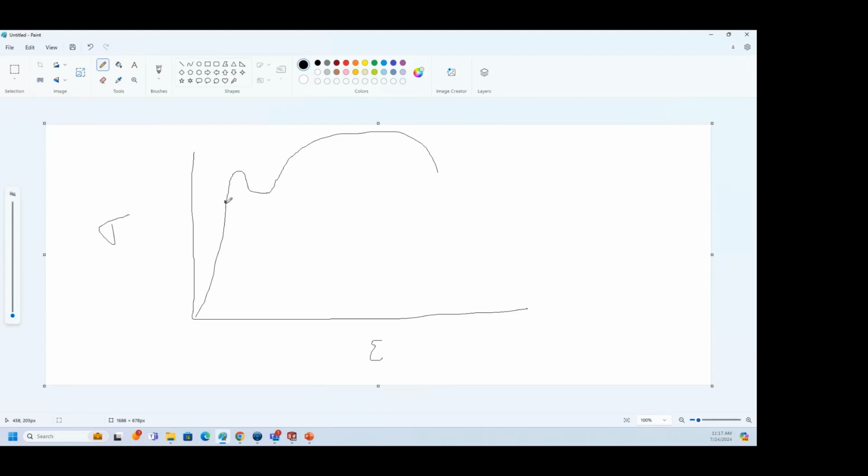You have the yield limit here, which is your sigma y, that is the yield strength. Here you get your ultimate stress, and this is your fracture stress. Here you have a slope, which is your Young's modulus, that is Hooke's law,